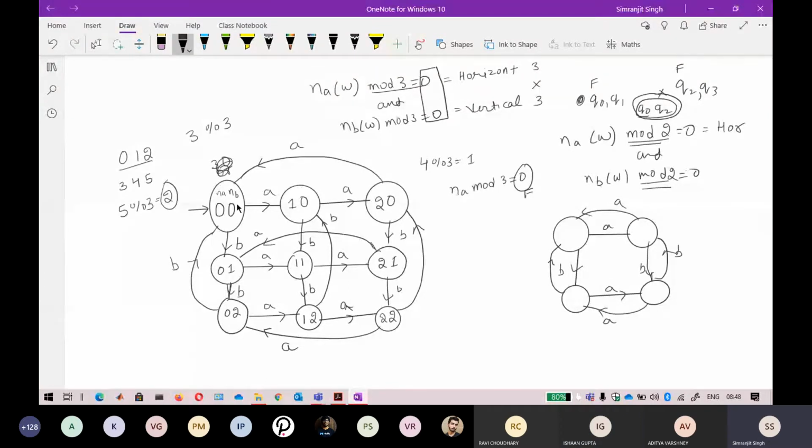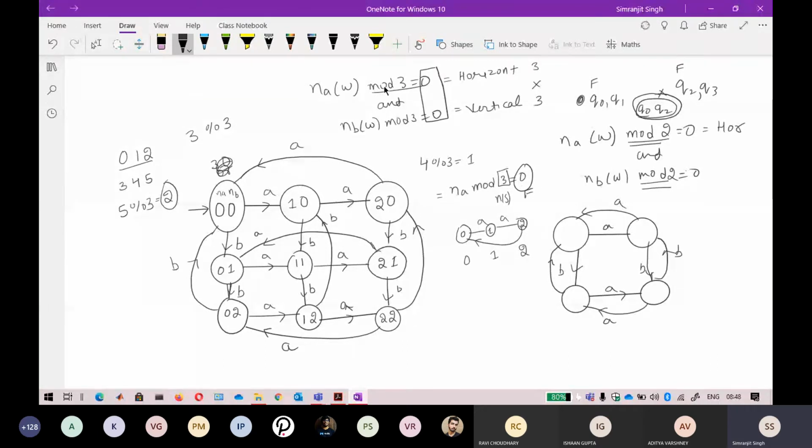I am just telling everyone that in this state, zero A's and zero B's are accepted. In this state, one A and zero B's are accepted, and so on. In a similar way, because this is an 'and', if you remember individually, I told you that if the number of A is mod 3 equal to 0, the states are given like this, and the final state is this. If I derive an individual automata like this one, the zeroth state is the final state. This is the zero state, first state, and second state. Zero A's are accepted here, one A here, two A's here. That is why this 0 is your final state.